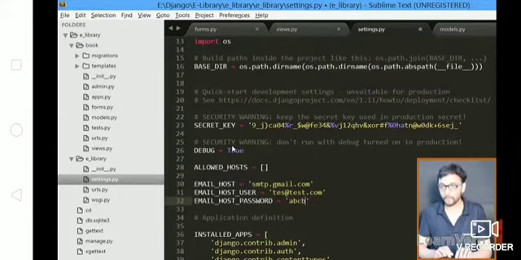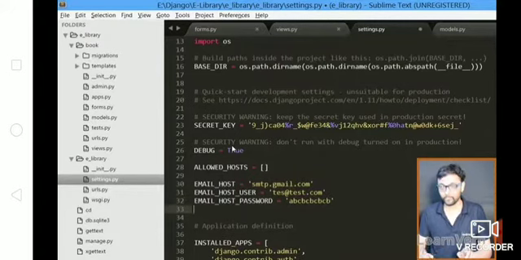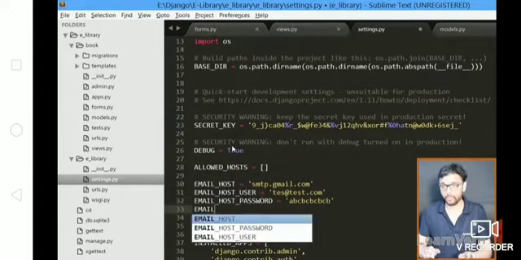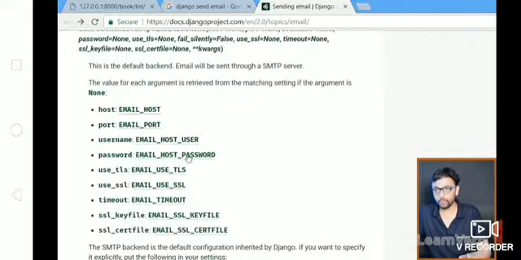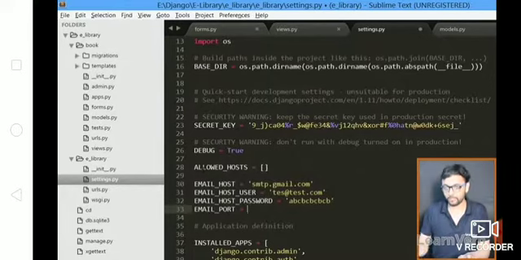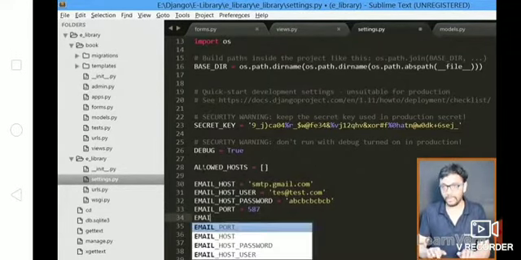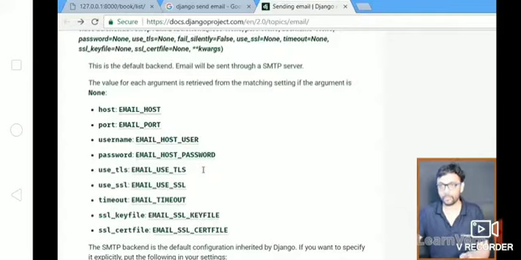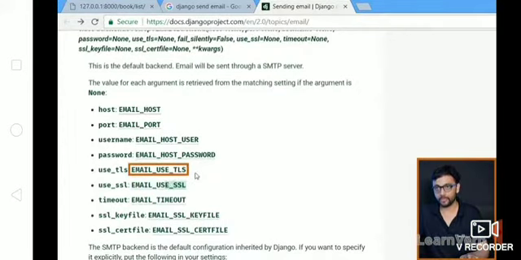The password doesn't matter over here. Then you need to specify the email port. If we use Gmail, then 587 is the port, and you need to specify the